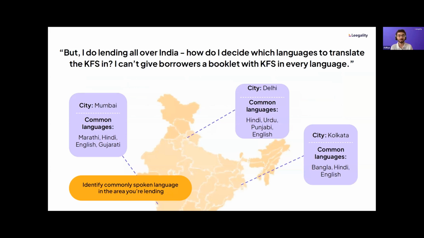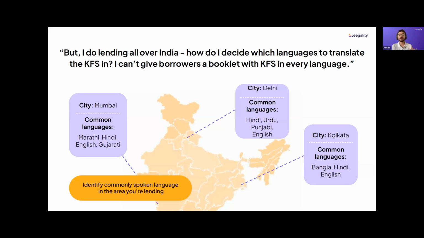Vernacular declaration is a very simple way of attempting to fix it. So how do you actually fix it? One, you need to map out the common language spoken or understood in the areas in which you are disbursing loans. So let's say if you're in Bengal, the languages would be different than if you were in Maharashtra, right? If you're a digital lending app, then I'm afraid you need support for a much wider variety of languages, because in theory your distribution is pan-India, and I'm sure your aspiration is also a pan-India distribution, right?